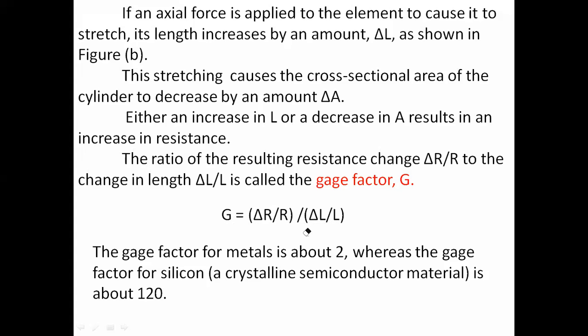For application of the strain, for a small change of the length of the material, we can identify a higher value of the change in resistance. That results in a high gauge factor, because in the denominator this value is small, and in the numerator this value is very high. So that results in a higher value. Materials having a higher gauge factor value are preferable for measuring the strain. So strain gauges are used for measuring the strain.